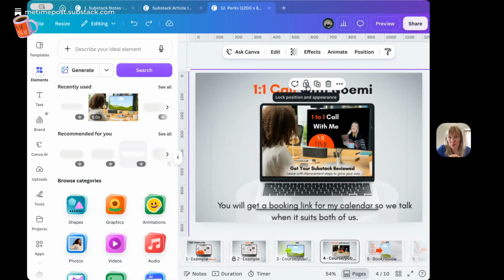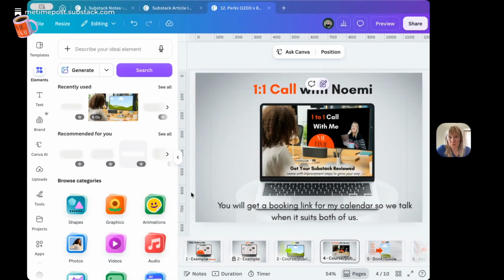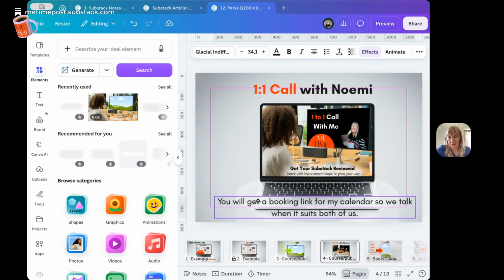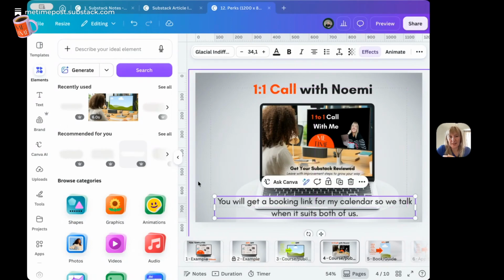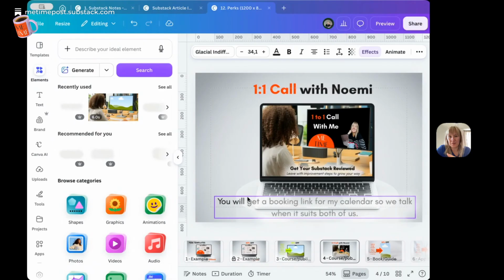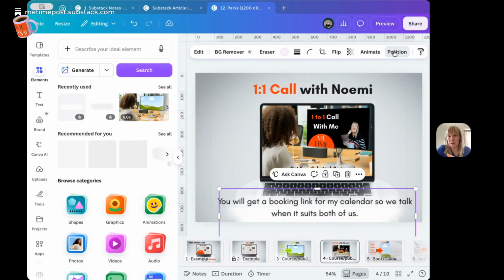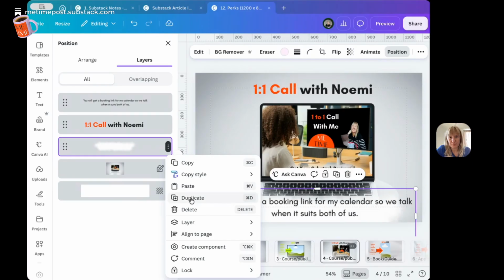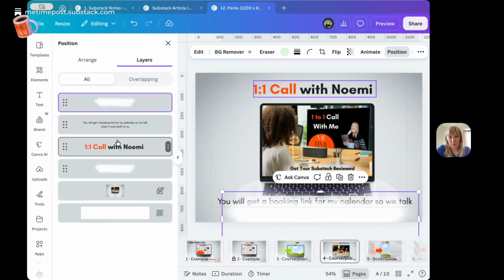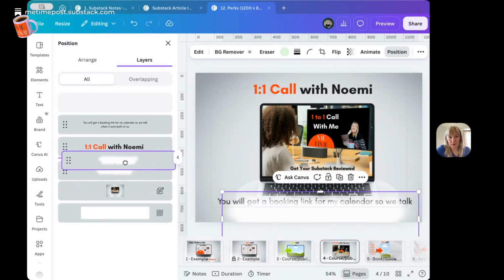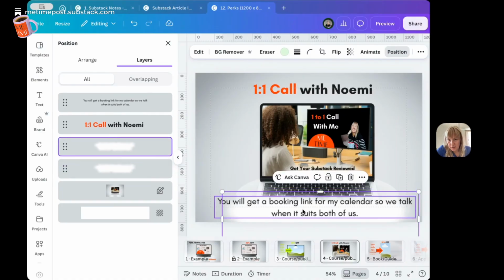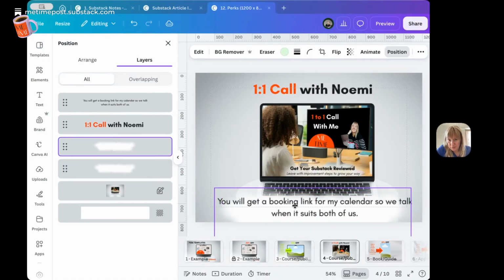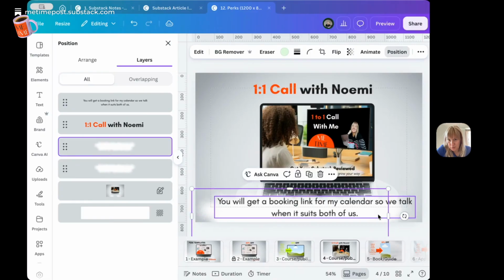If you see that happening, you can lock that frame, because any element that you're adding can go in the frame, and that's not the point. Then you look at position and see your layers, because you want the blurry thing to be in the back of the writing, and just make it easier for people to read what you're creating here